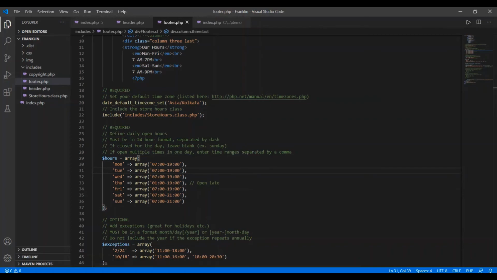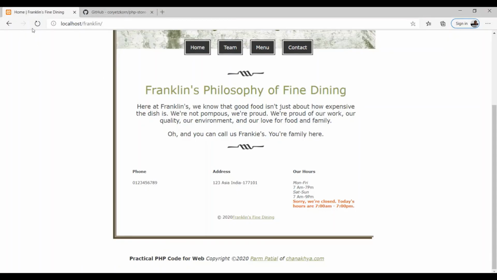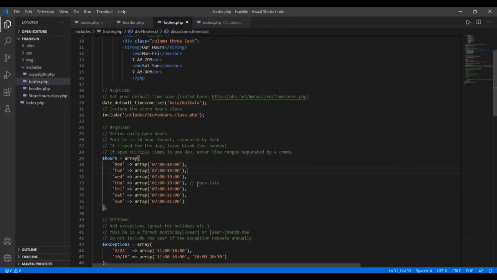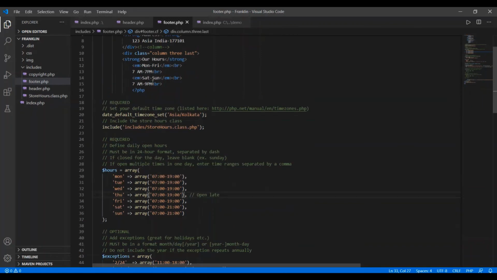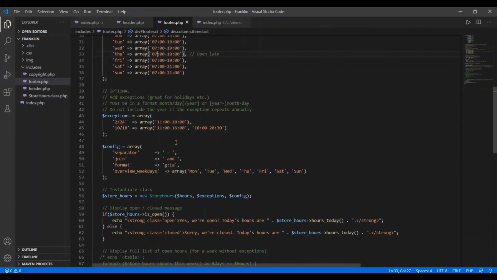So let's see what is going to be there. Save your changes, then here we go, refresh it, and here we see the information. Yes, we are open. Today's hours are morning 1 a.m. to 7 p.m. Okay, so this is just to show my example. The time here I have to set as morning 7 to evening 7 p.m. So that's this, and this is how I have done.